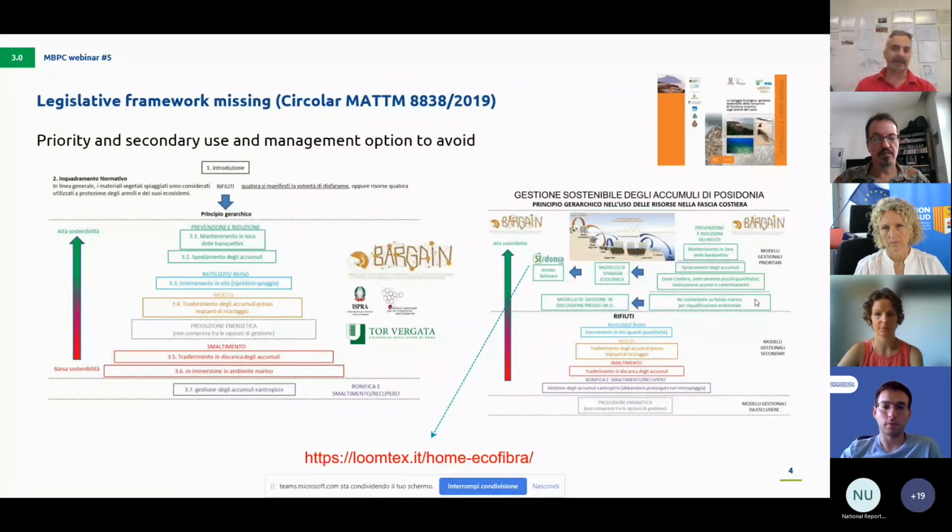What has been done during the Bergain project? The Bergain project has been coordinated by ISPRA, the National Agency for Environmental Protection in Italy, together with Enea and University of Tor Vergata. What you can see on the right is that we have tried to reinterpret all the management options, and we agreed about the necessity to indicate priority and secondary management options, trying to indicate as a priority use all the possible reuse that can be done along the shore, like dune reconstruction, ecological beaches,